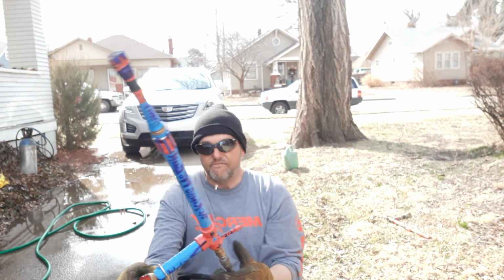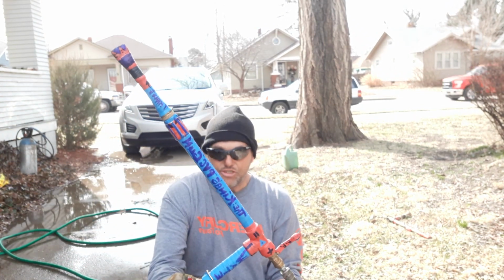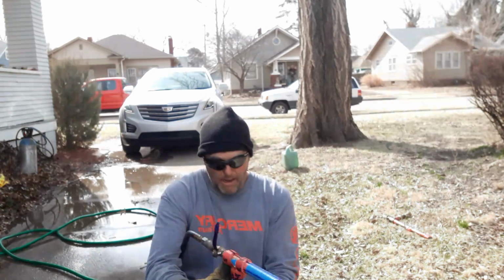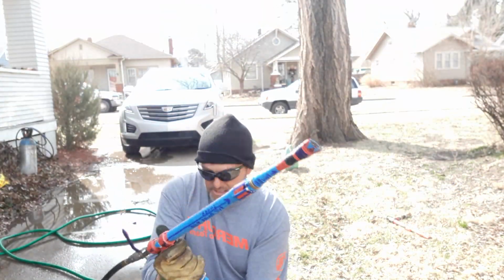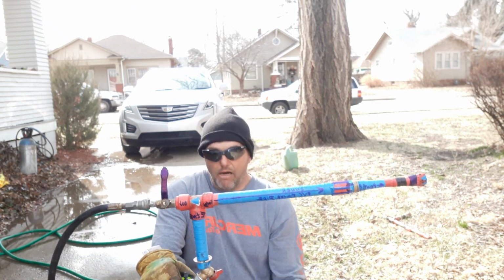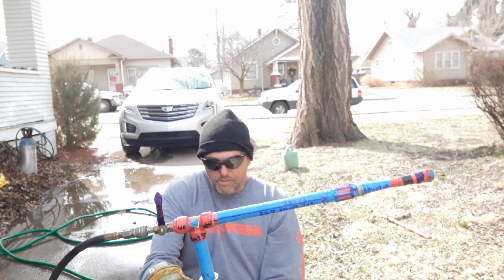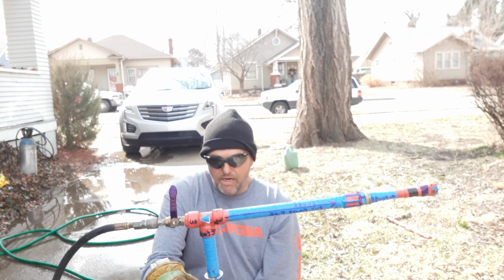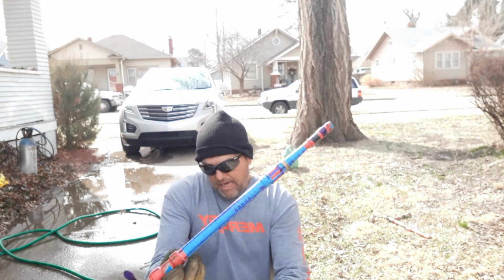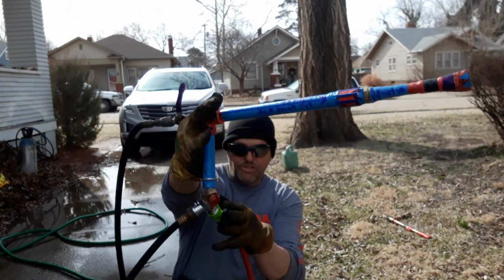All right, so you guys have already been introduced to this gun. This is the King's PVC power washer gun. This is a low-cost build. I built this just to see how cheaply I could make this gun. Now it's all the pipes on our PVC. I have a clearance $3.99 garden hose valve, and what I'm wanting to show you today is this, the